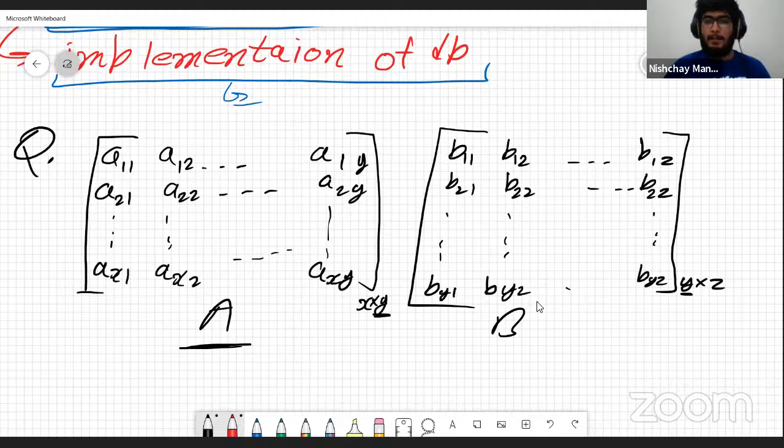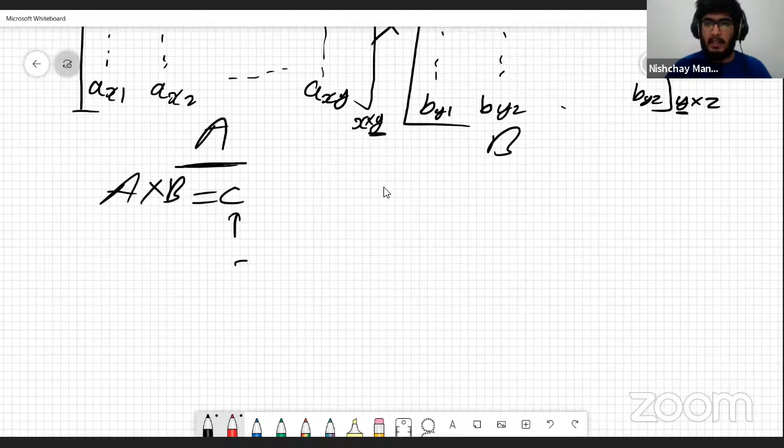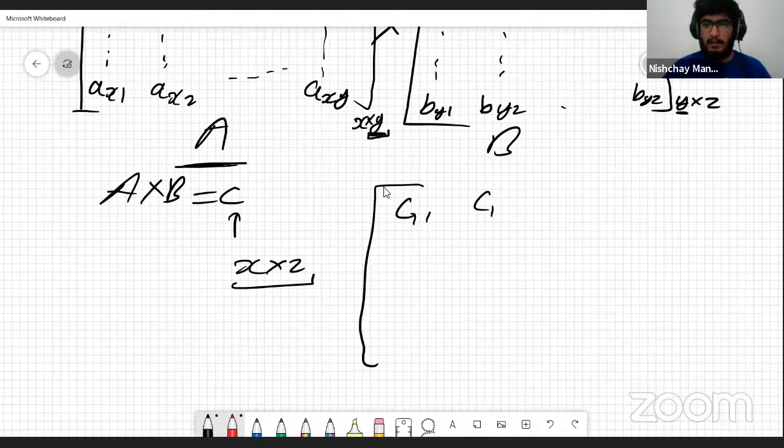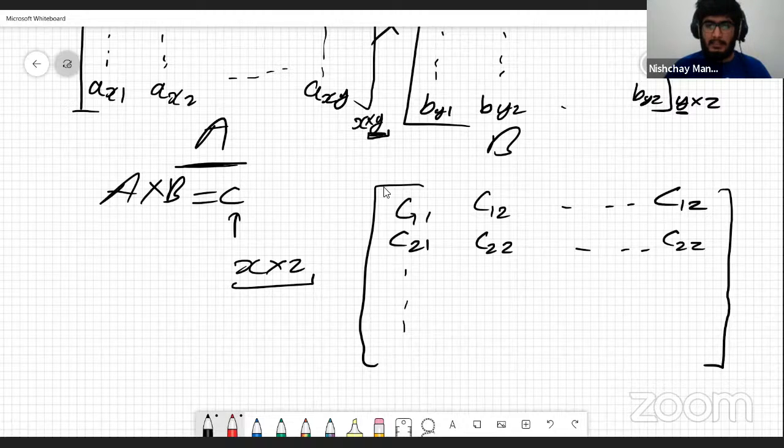So when we multiply two matrices such as these, right? So A into B, what is the product going to be? Let's call it some C, right? First of all, C is going to be of the size X into Z, right? Here Y was common, so the resultant matrix is going to be of the size X into Z. And let's say the C matrix is C11, C12, C1Z, C21, C22, C2Z, right? And similarly, CX1,